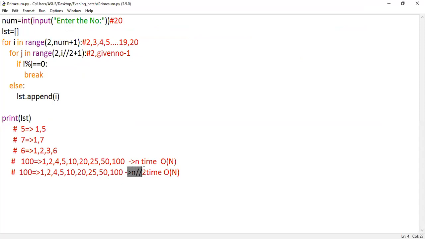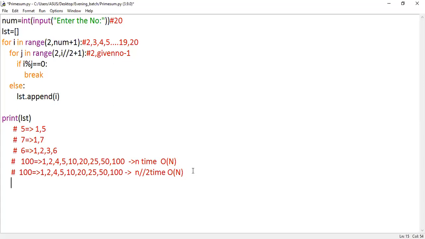So why have I told you n by 2 times? For any given number, we'll have only half of the number as the factor. Again, the given number will be a factor. Somehow you're not including 1 and the given number, then why go unnecessarily to the next half? This is what I told you. It is not required to go here. And here n by 2 also gives you only the complexity of big O of n. When we write n by 2 here, constants will be avoided. We know the time complexity calculation, right? So it will be avoided. So this also gives you more or less the worst case only.